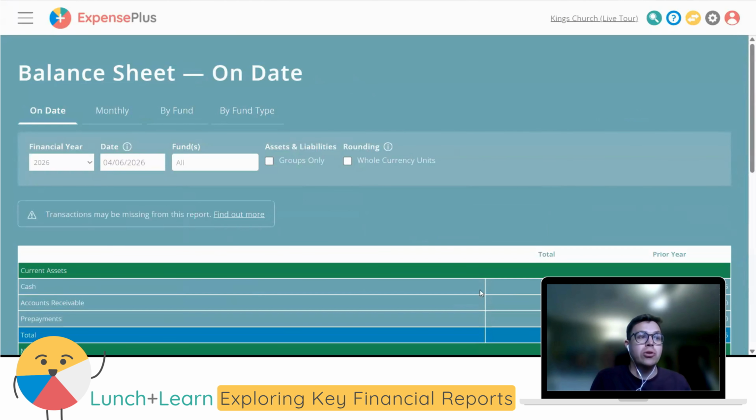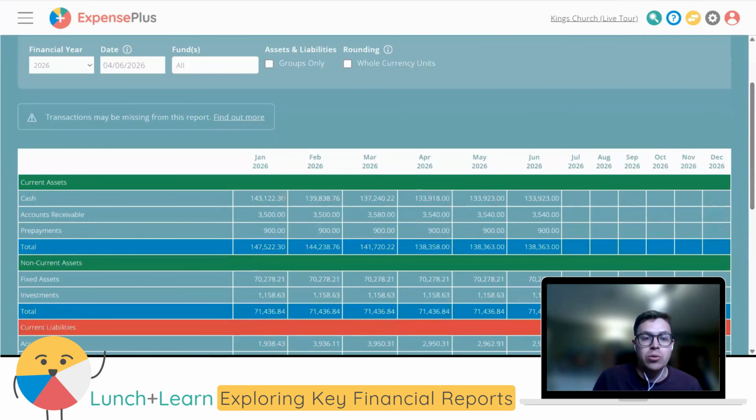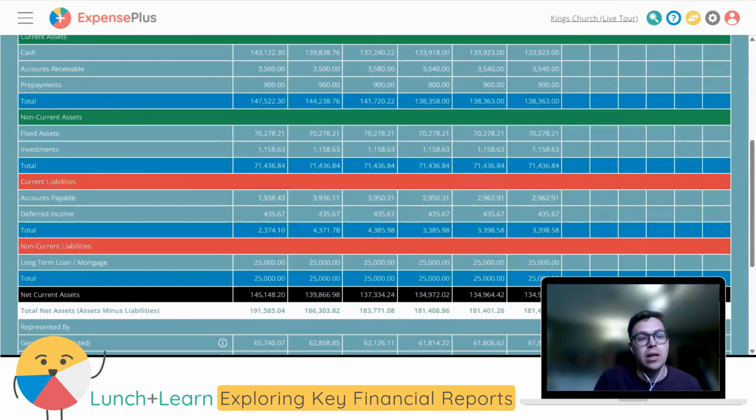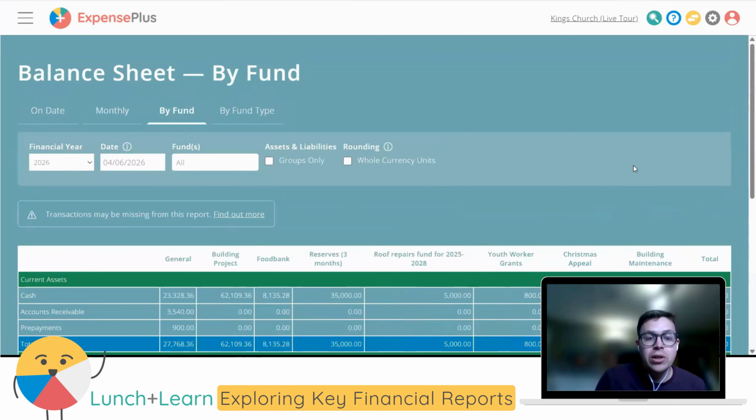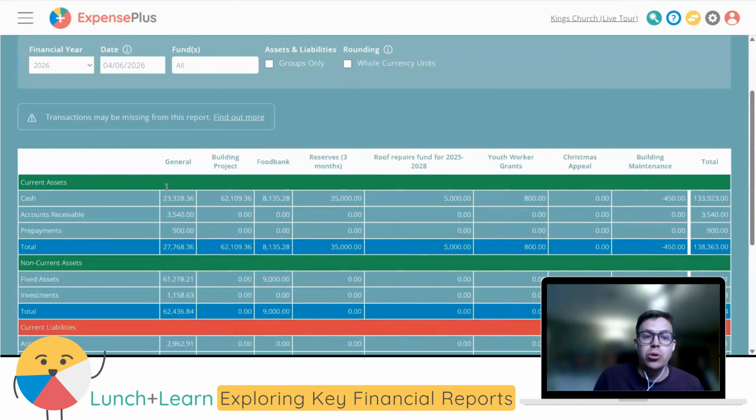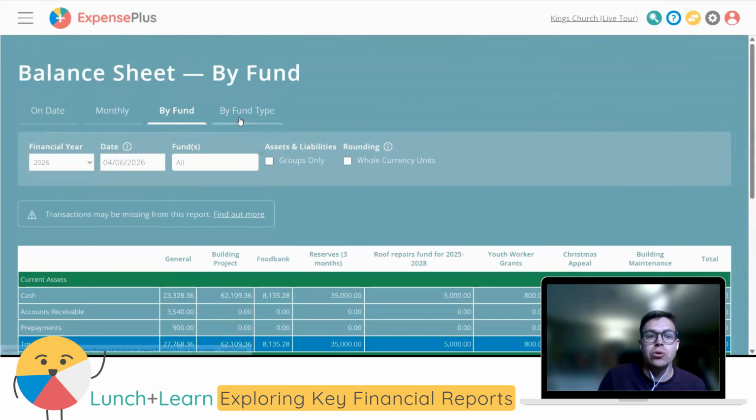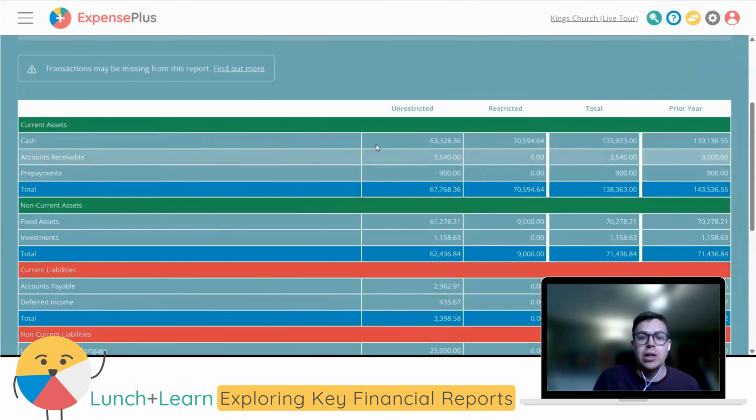So your balance sheet is going to show you loads of different information if you account on an accruals basis. And there's several views for this report. You can view this on date to a particular date that you get to set in your filter here. You can view this report monthly, which will give you a breakdown by month of where your funds are at and what your balance sheet is looking like across your assets and liabilities. You can view it by fund, which shows you your totals, but broken down by fund instead across your different assets and liabilities. And you can also view this by fund type, which allows you to break it down basically by restricted or unrestricted